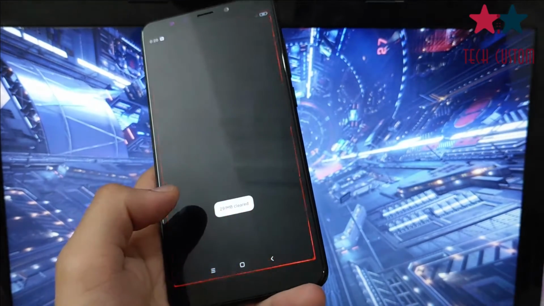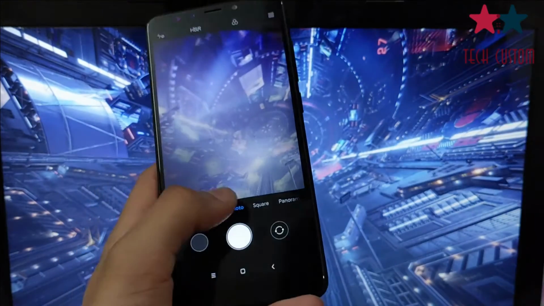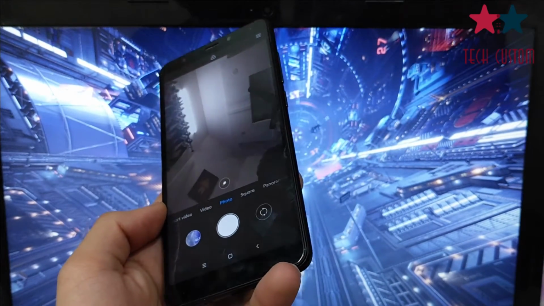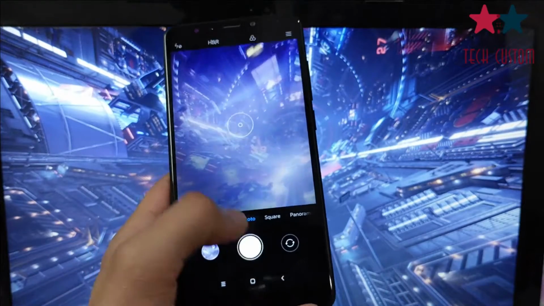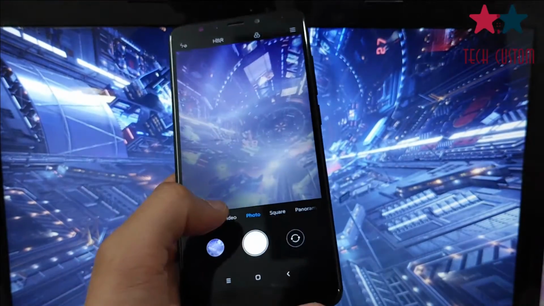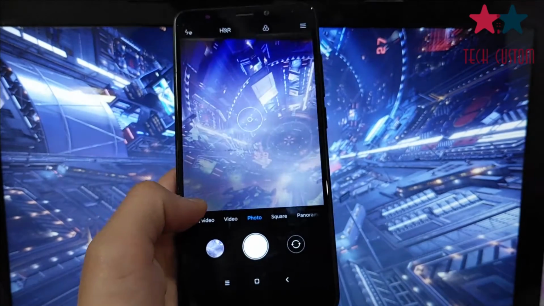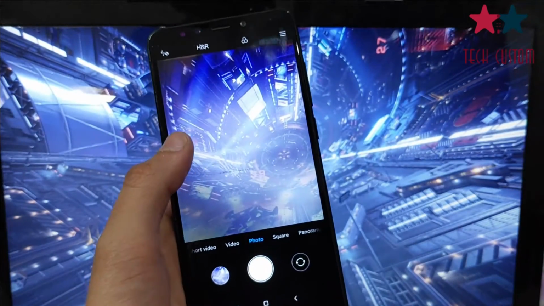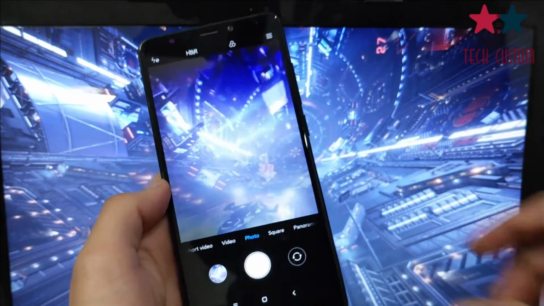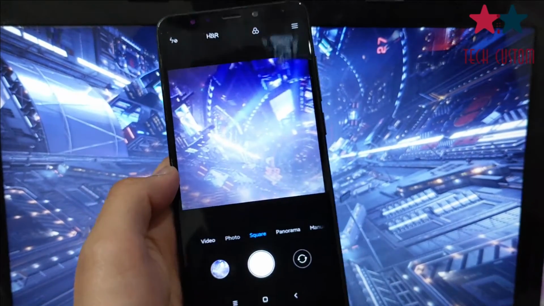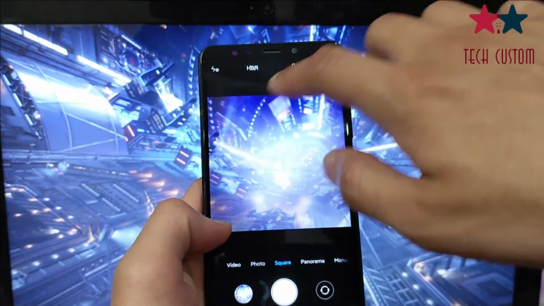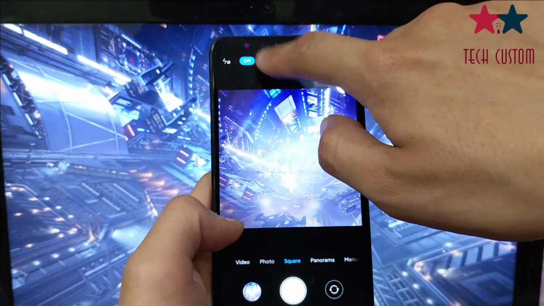Now let's close the camera. Now let's open the camera again. As you can see, front camera is also working perfectly fine without any problem. As you can see, let me click the photo again. As you can see, it just stuck on the one photo. Now it is not stucking, it is working perfectly fine. You will get the green border. As you can see, square is working. Many of the features are working, but there is still a problem in the camera application.